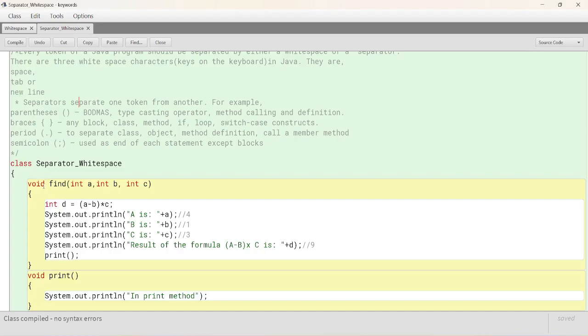Space between void and find. Space between int and d. Now let's see, class is a keyword separated by a space, and separator underscore white space is a class name. So keyword and identifier are separated by a space. Then enter, that is also white space. Curly bracket, this is the separator. Then enter, then tab,